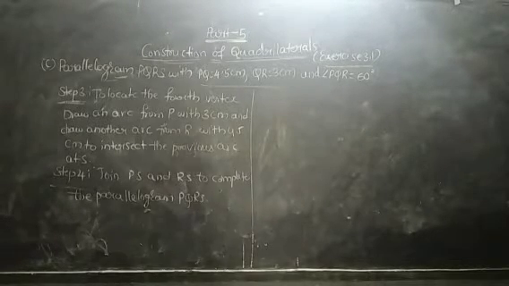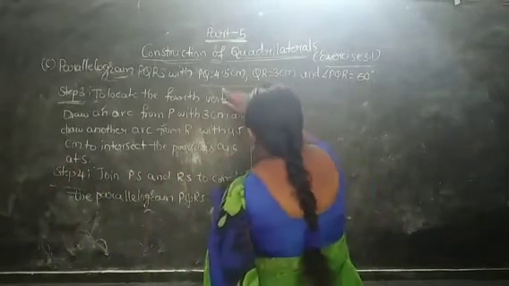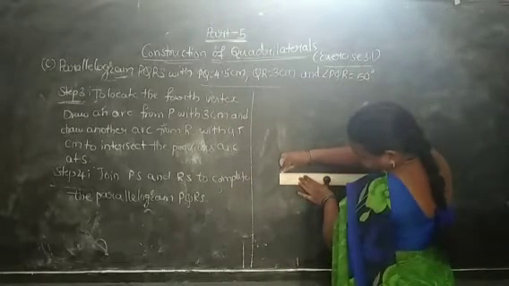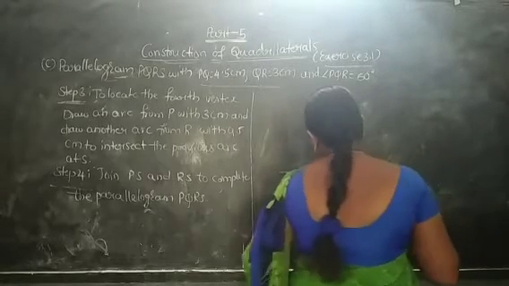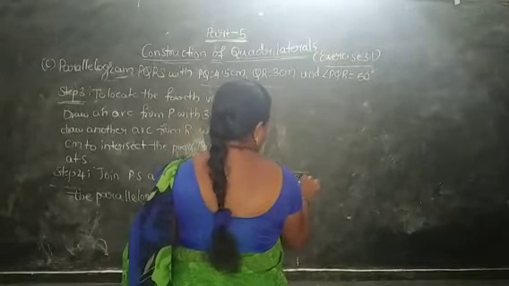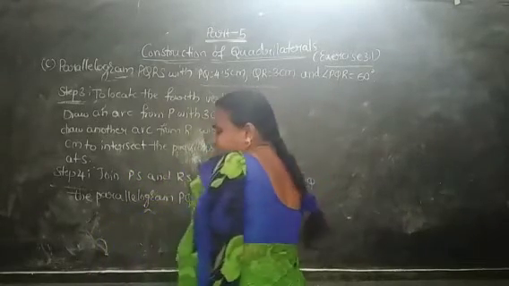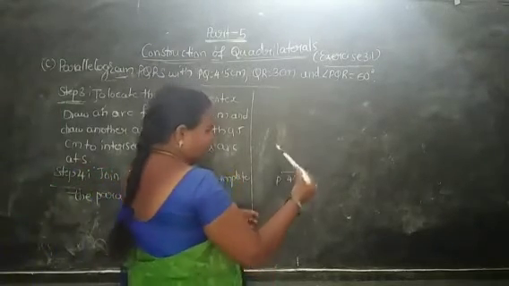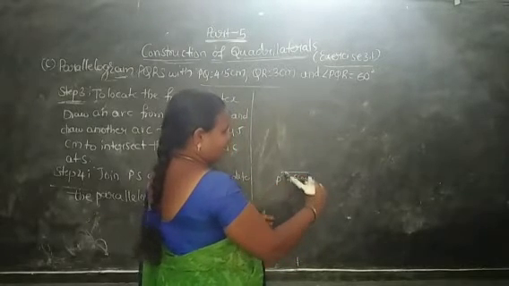Okay. Now the construction. What are our measurements? PQ is 4.5 centimeters. At Q, 60 degrees. So we know how to construct the 60 degrees angle. At Q 60 degrees, draw an arc with more than half length